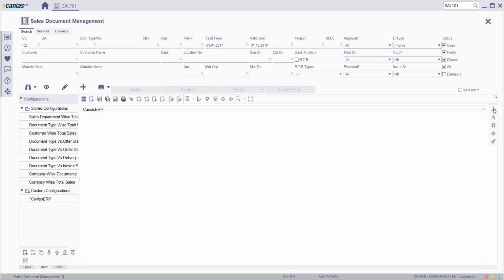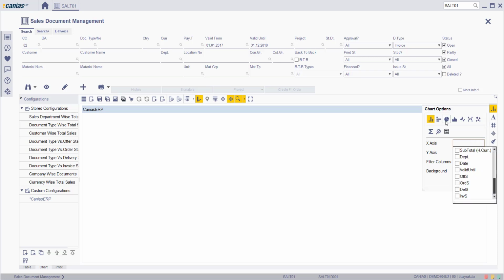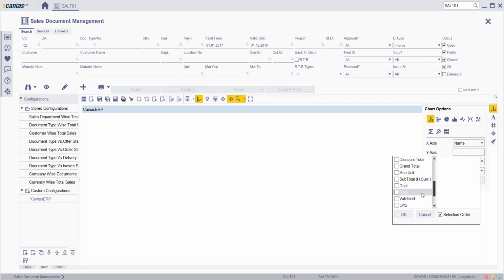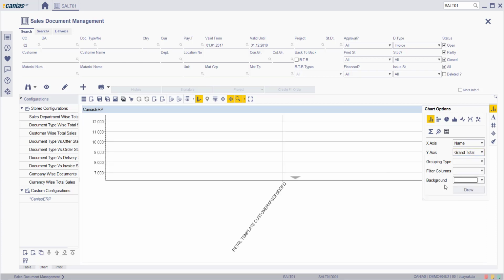Then start forming your graphic from the tools on the right side of the screen. Select your graphic type and then select the information that you would like to see on this new configuration. On the x-axis, select name, and for the y-axis, select grand total, for example.